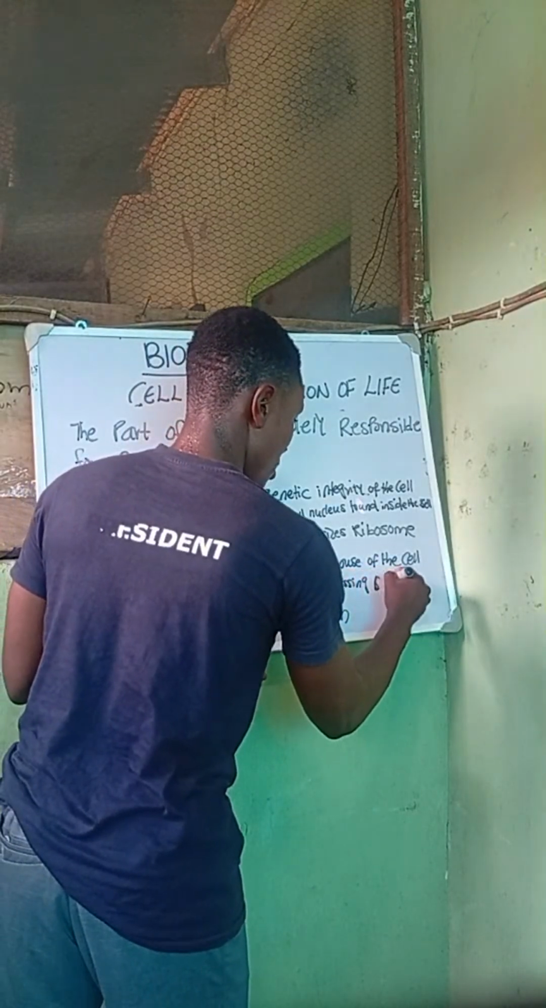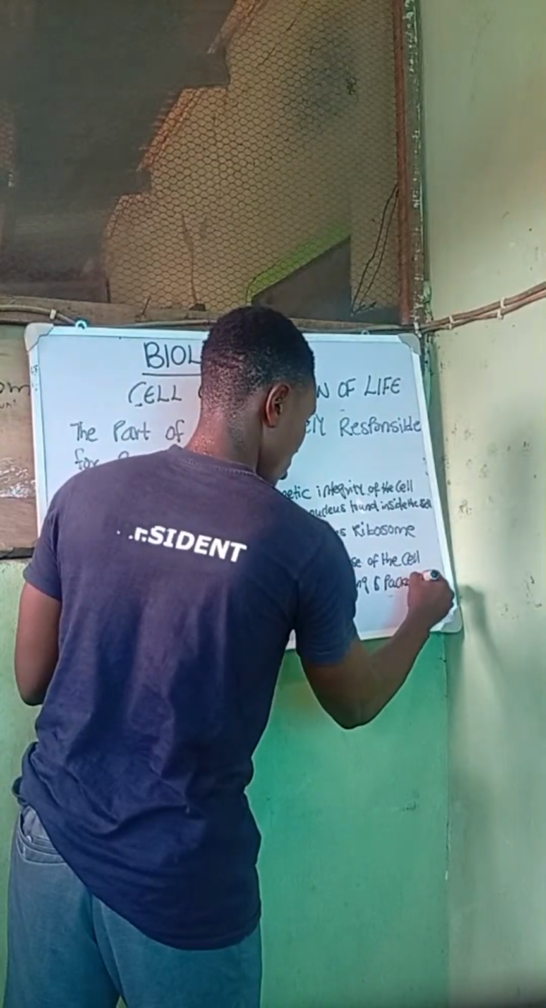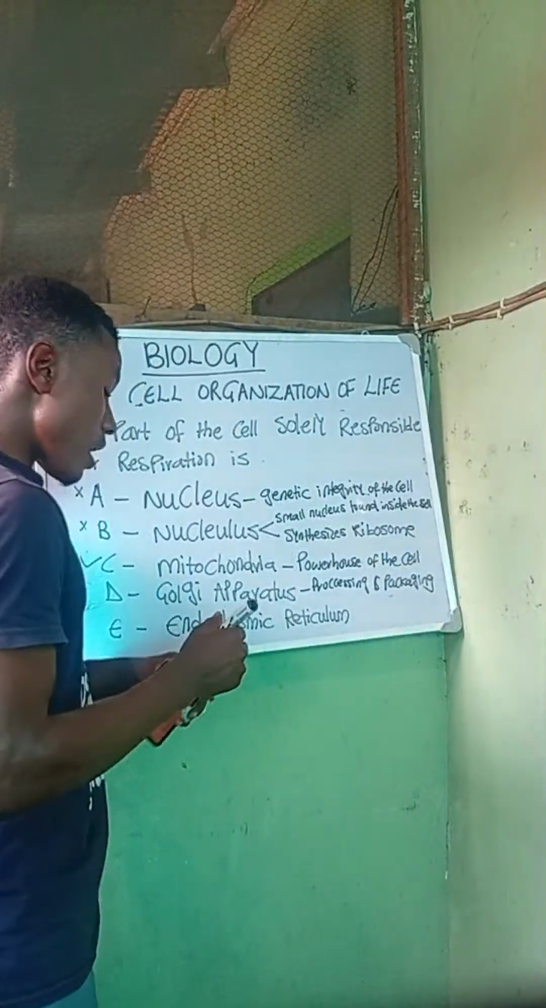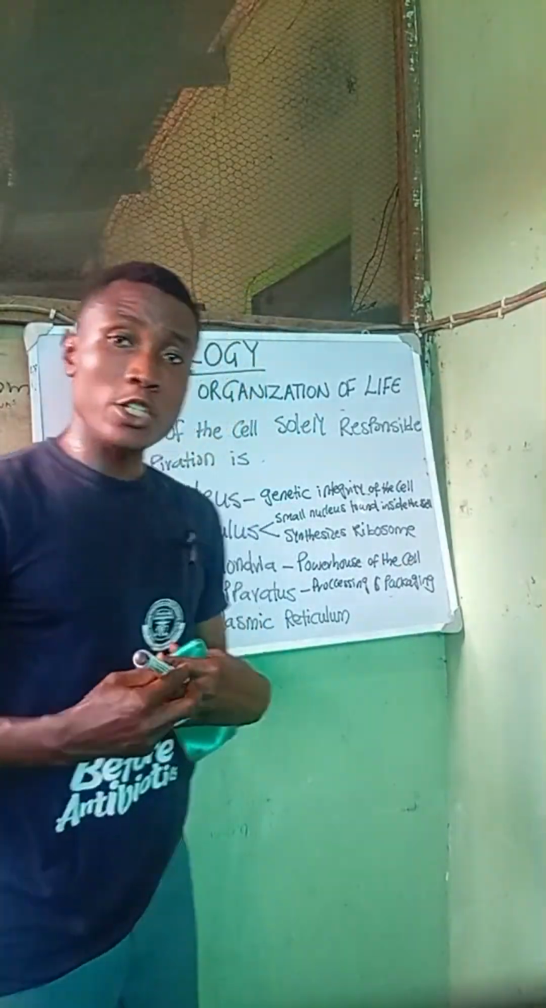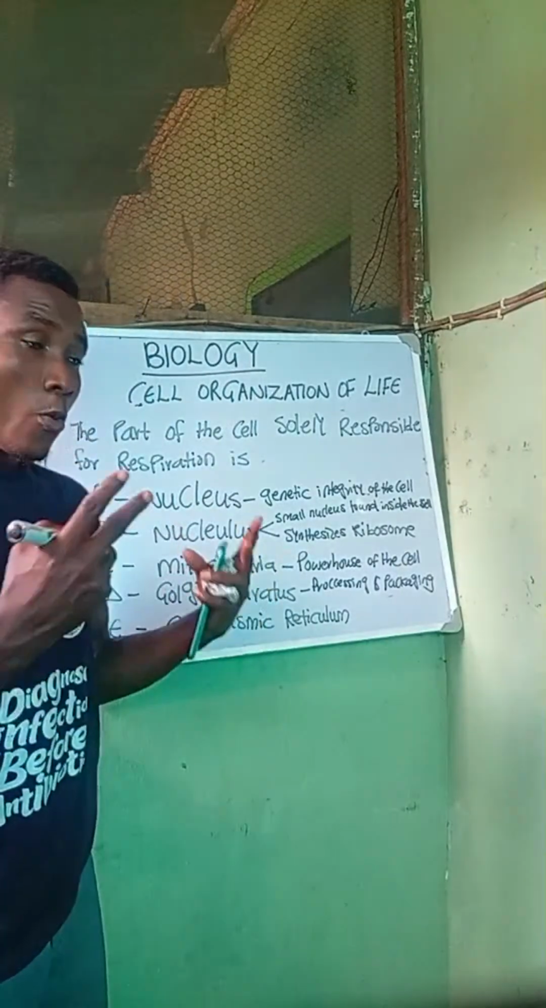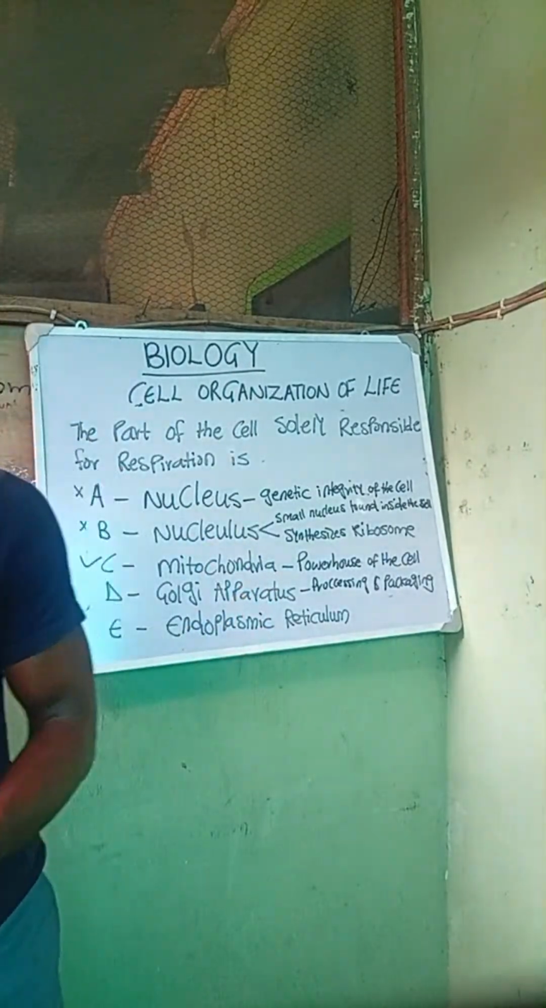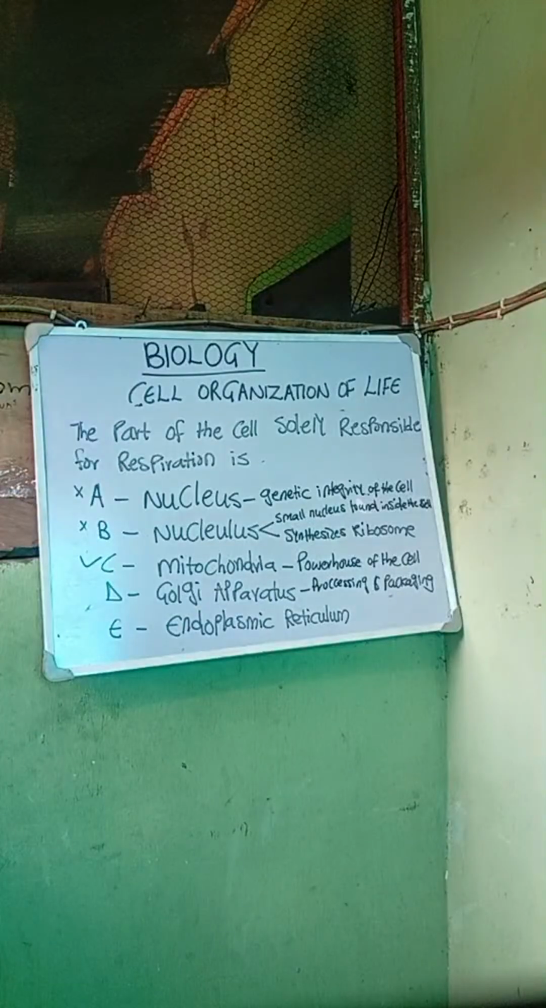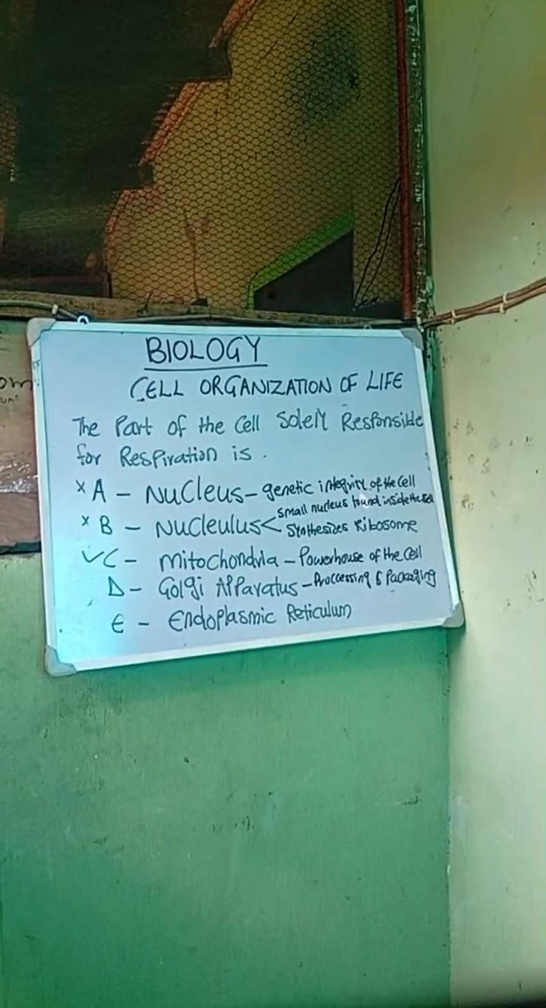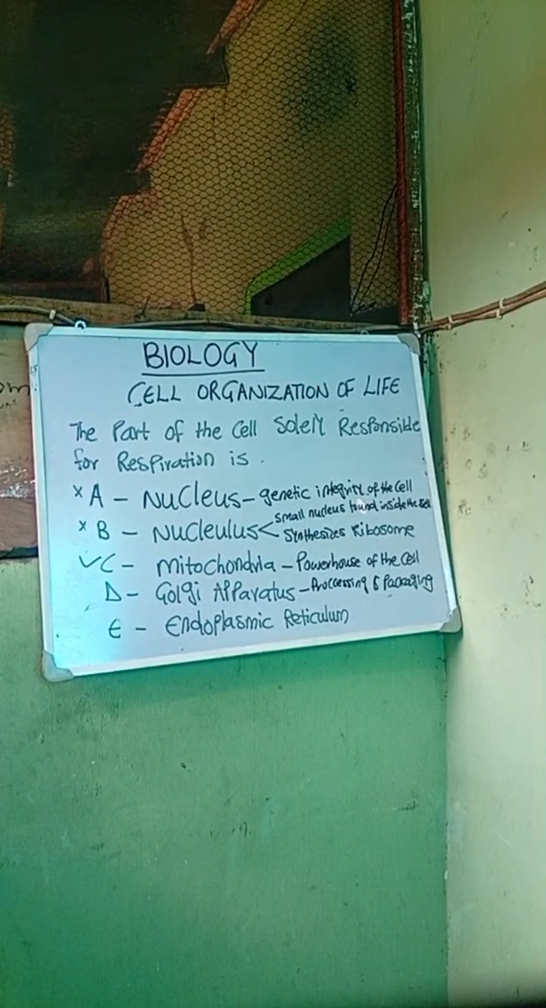Processing and packaging. Then we have the endoplasmic reticulum. The endoplasmic reticulum is two: we have the smooth endoplasmic reticulum, and we have the rough endoplasmic reticulum. For the smooth endoplasmic reticulum,